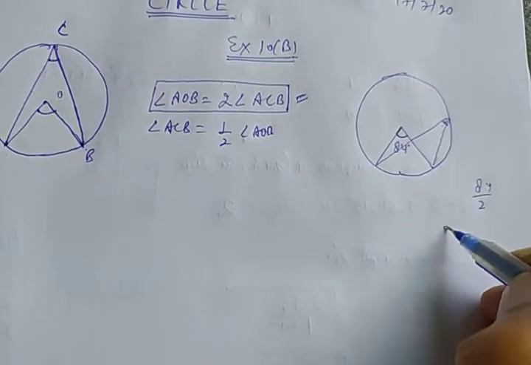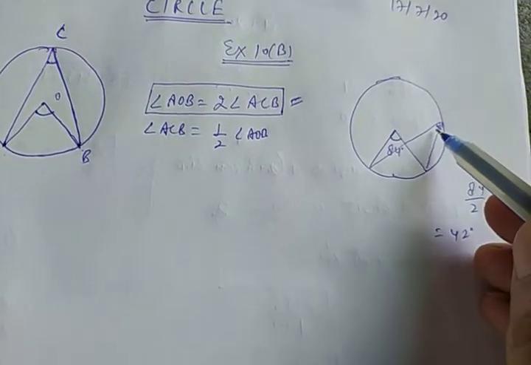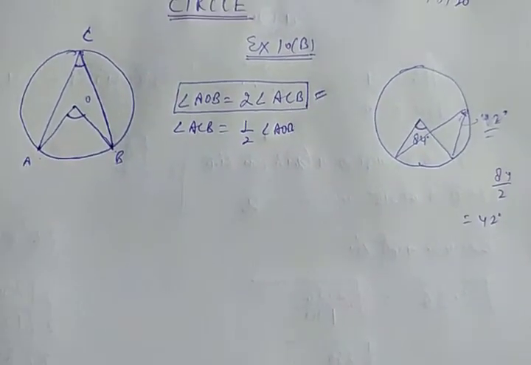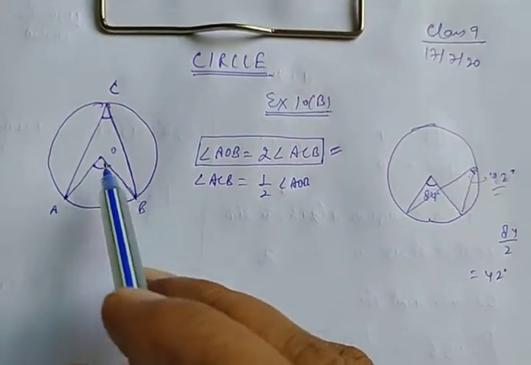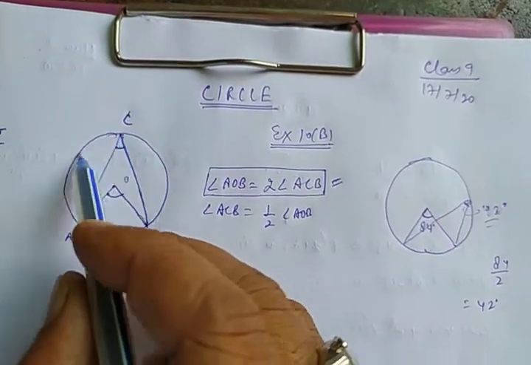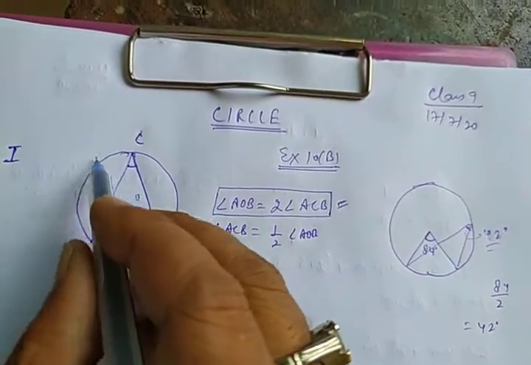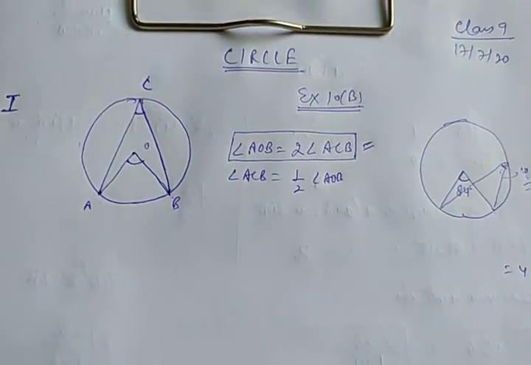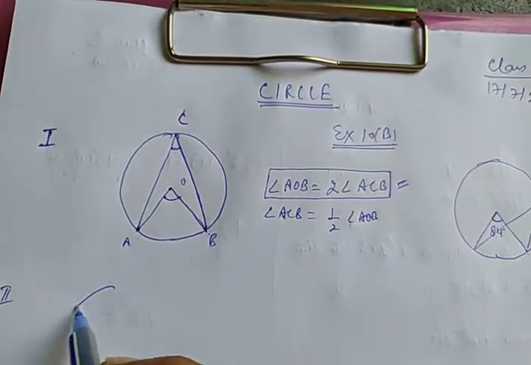84 upon 2 is equal to how much? 2 4 ja 2, 2 ja. This angle would be 42 degree. This is the concept of the theorem. Whatever the diagram has been given, this point C can vary at different points. Whatever the location, accordingly these two will be joined and the diagram would be there. And second is,